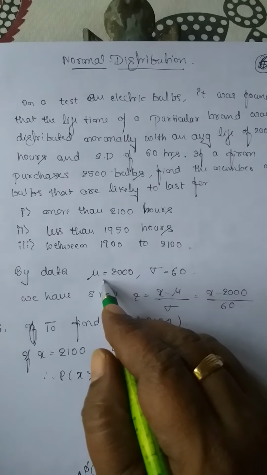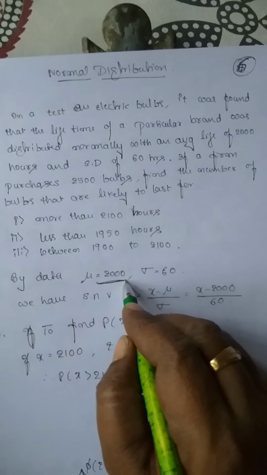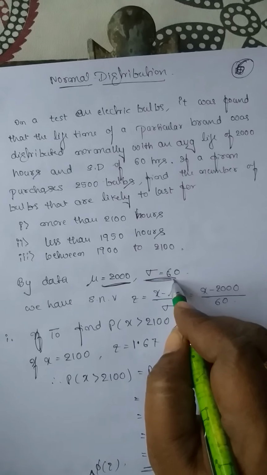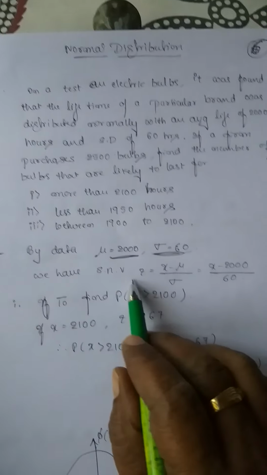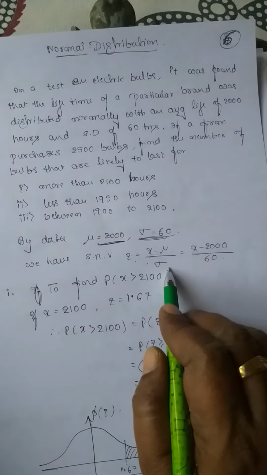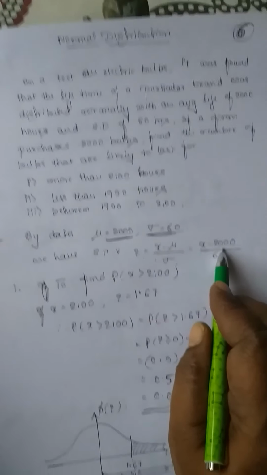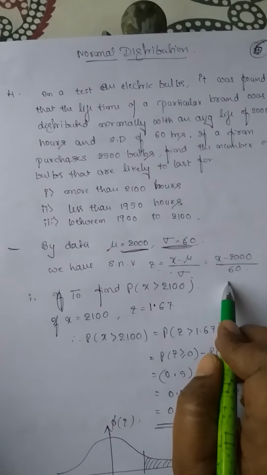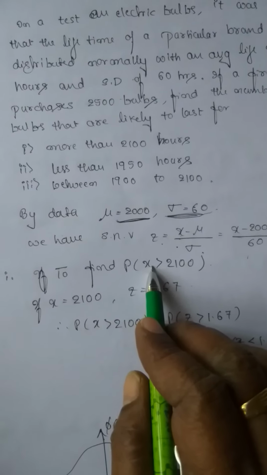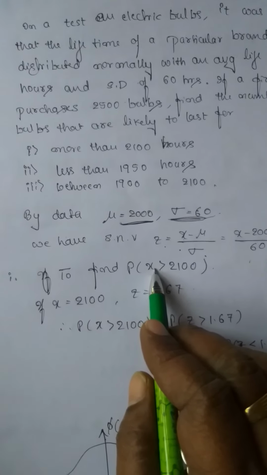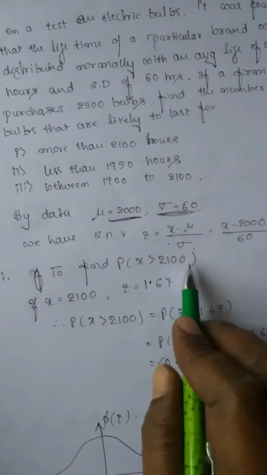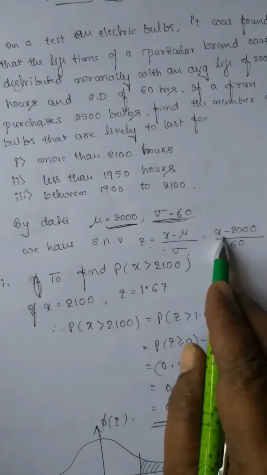See, as I've written in the problem, they had given the mean time, that is mu is equal to 2000, and the standard deviation also, sigma is equal to 60. So the first step is getting the standard normal variate, that is z is equal to x minus mu divided by sigma, and we can write x minus 2000 over 60, because mu is 2000 and sigma is 60. Now, for the first sub-question, I have to calculate the number of bulbs likely to last more than 2100, meaning x greater than 2100. If we want to convert this to z, substitute x is equal to 2100 in the standard normal variate, and you can get